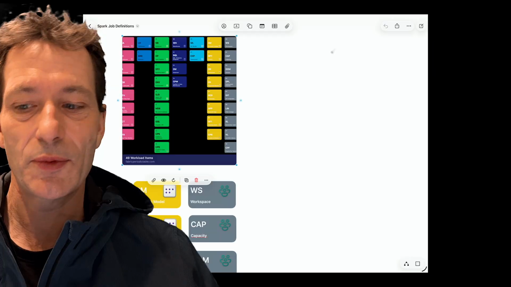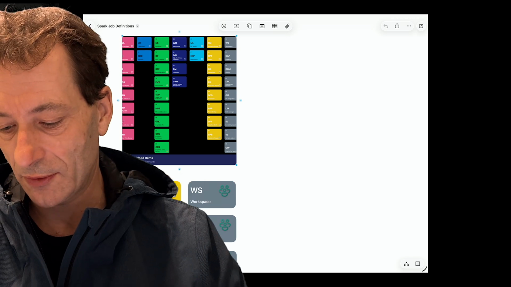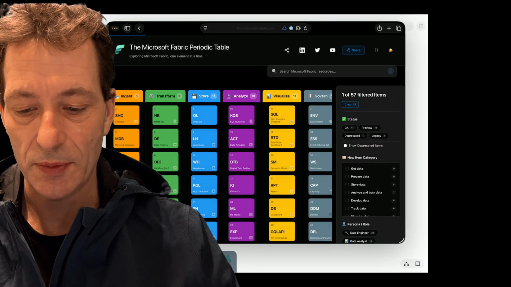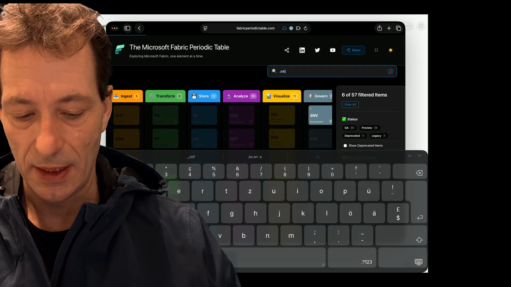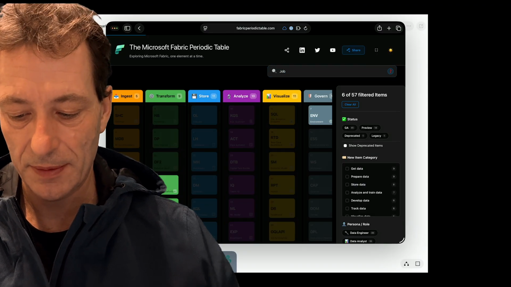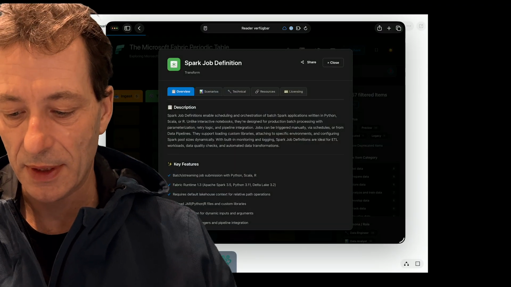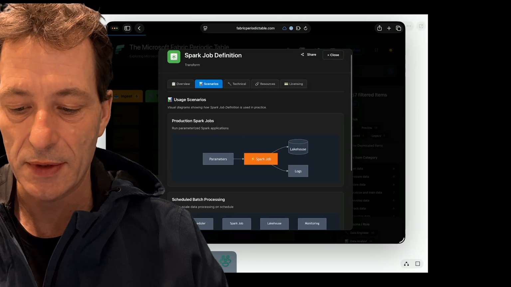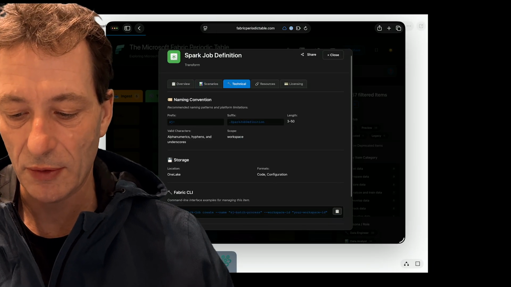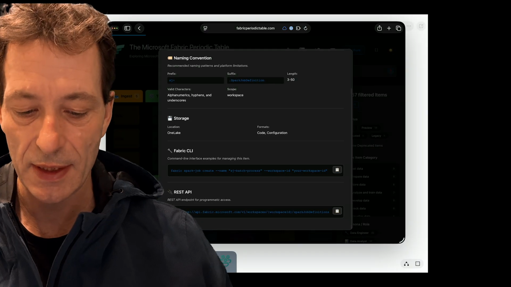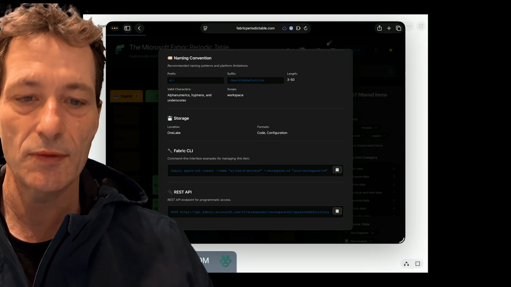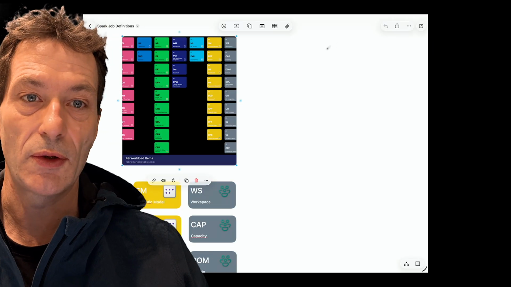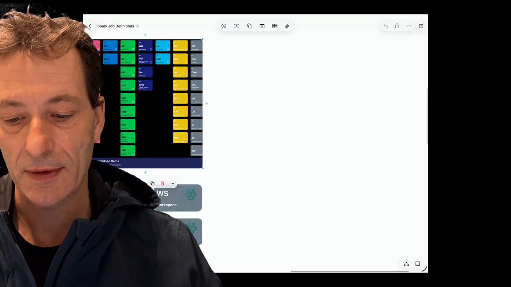Let's start with having a look at the Microsoft Fabric periodic table. We have the Spark job definitions, of course, in the periodic table. So let's jump in. You have a proper description, you have some usage scenarios, you have technical background with the naming convention, the CLI references, and so on. That's really a good start point when you want to get an overview about all these different Fabric artifacts, in this case, the